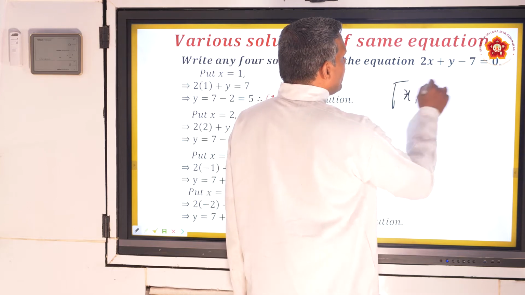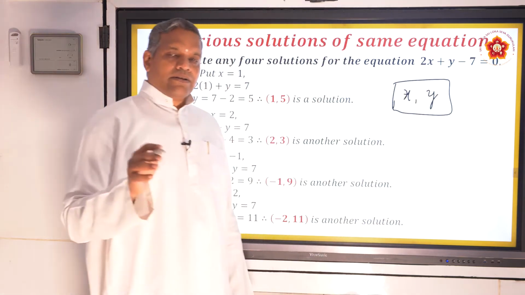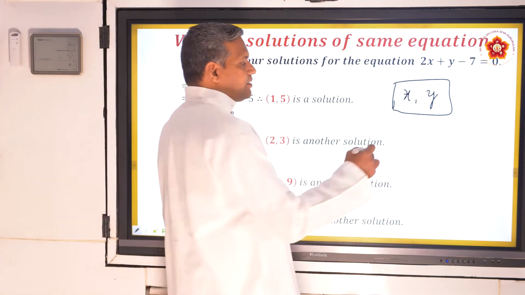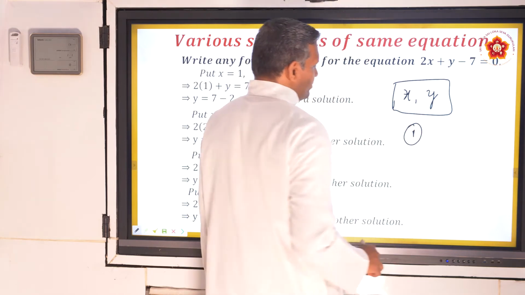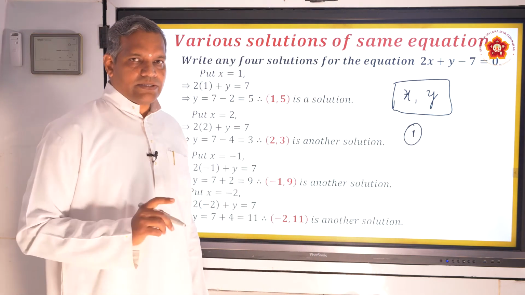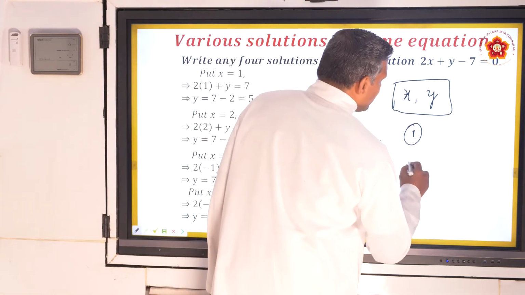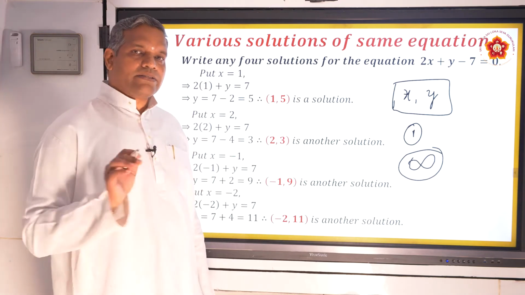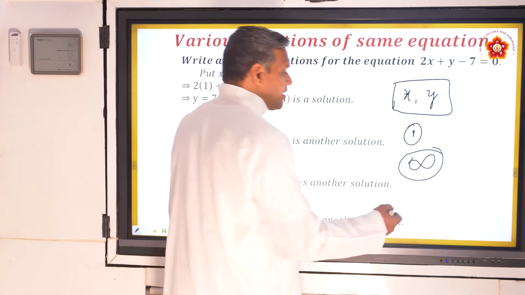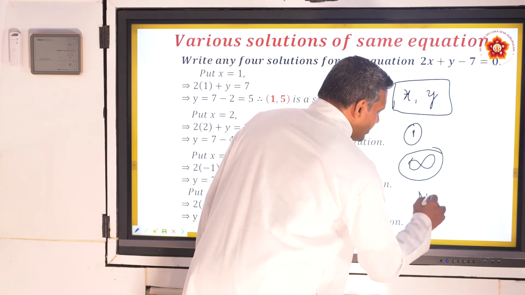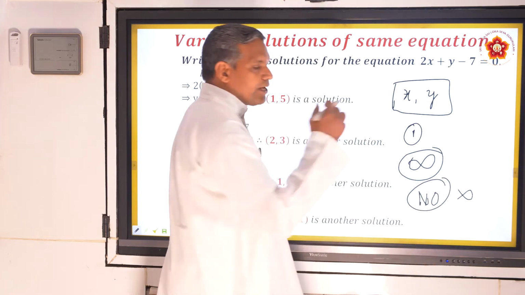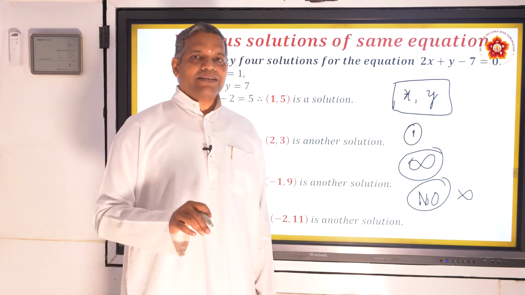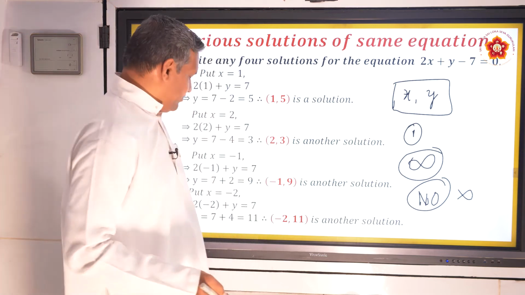So hence, don't get deluded that a solution of a linear equation means only one value of x and y that you have to find, and that this x and y value is unique. Always it is not unique. Sometimes it is unique. In certain conditions, you have exactly one answer, that you call a unique solution. In some conditions, you have infinitely many solutions. Whichever number you put, it satisfies x and y. And another condition is there is no solution at all. Absolutely, whichever value you put, you will not get that answer at all. These are the three types. But don't worry, you learn that in 10th standard in the next class.